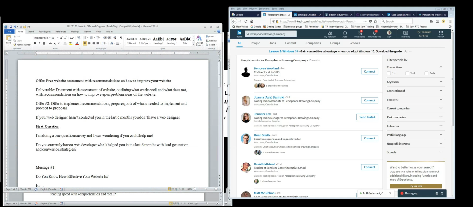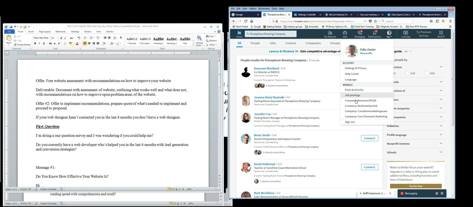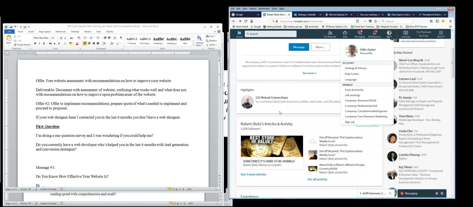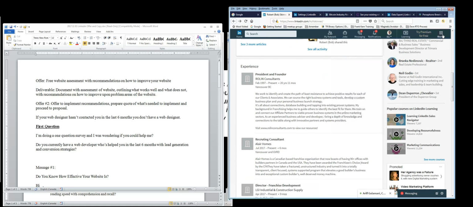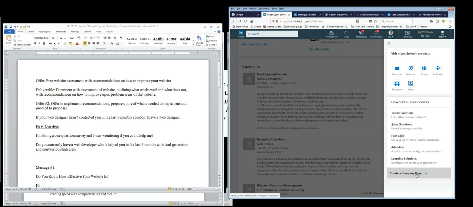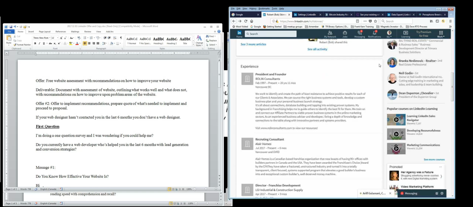or what you can do is you can manage it under your business profile over here, because one of the things that I had you guys do in the earlier ones, which Robert's going to be doing, is he's going to be setting up his corporation over here, hopefully this week, creating a company page. And when he goes in and edits his company page and puts Rolling Consultants in again, the picture is going to pop up. It's going to make him look a whole lot better than before.